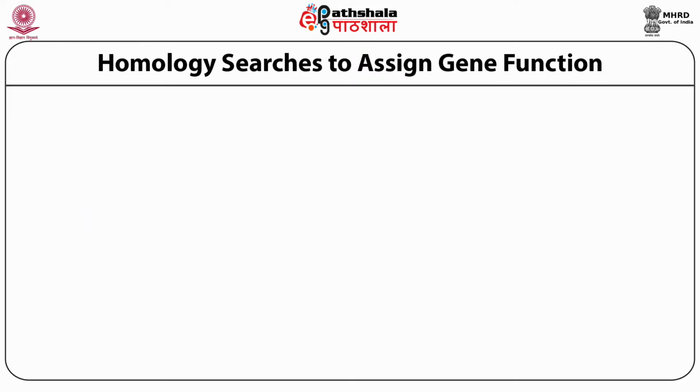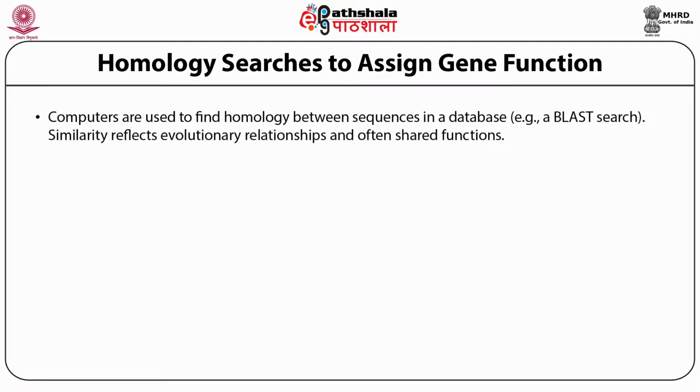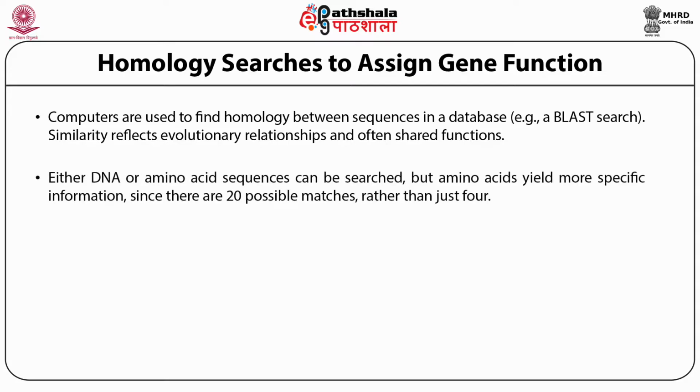We discuss homology searches to assign gene function. Computers are used to find homology between sequences in a database, for example, a BLAST search. The similarity reflects the evolutionary relationship and often shared function. So the higher the sequence similarity, the more similar the function,